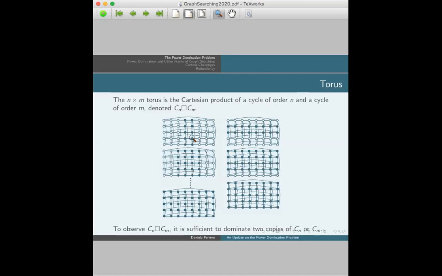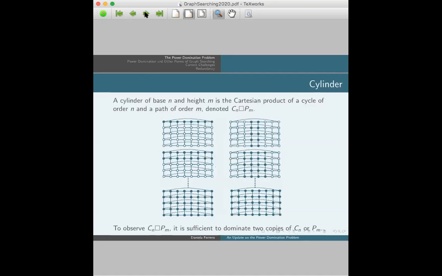larger in this case. In the case of the grid, we were playing with the fact that we have some vertices of degree 3. In this case, every vertex has degree 4, so we have to have 2. But it happens the same thing. And in this case, I didn't even have to put the dots because it filled up really quickly. So, and not only this, this also happens naturally if it happens in the product of 2 cycles, the product